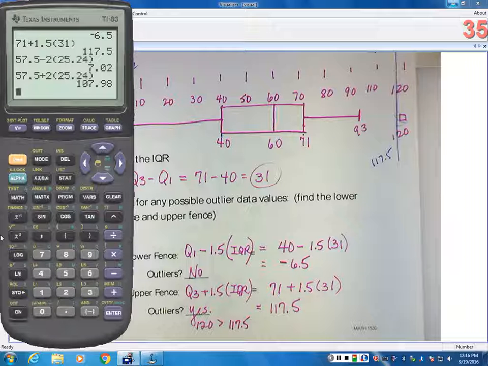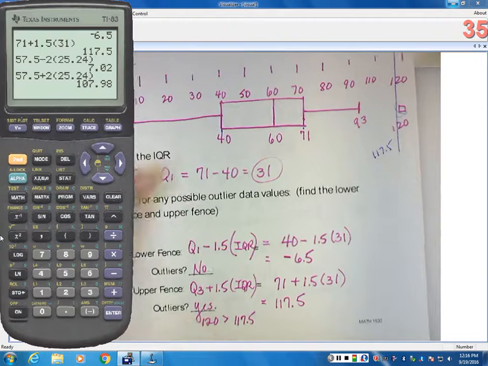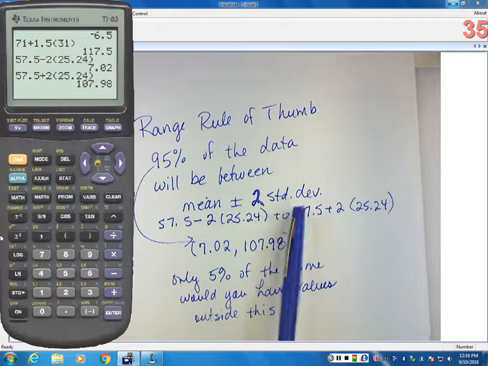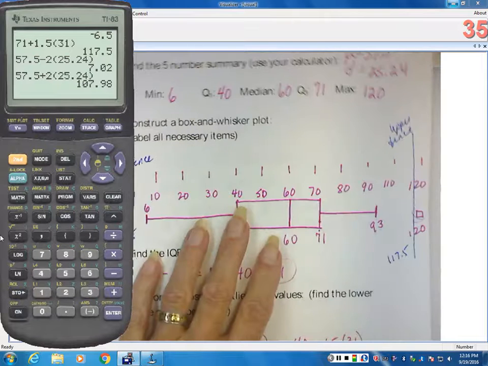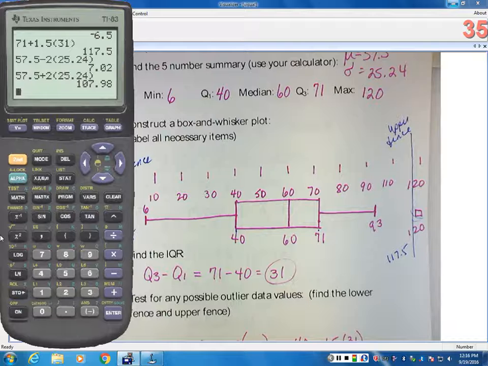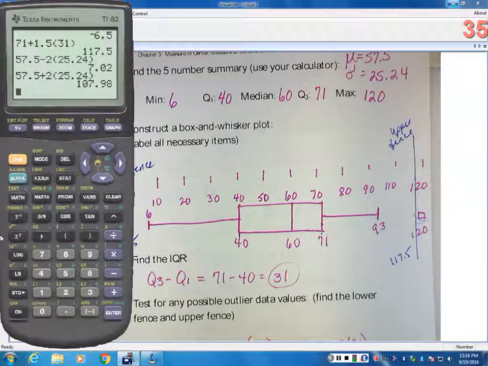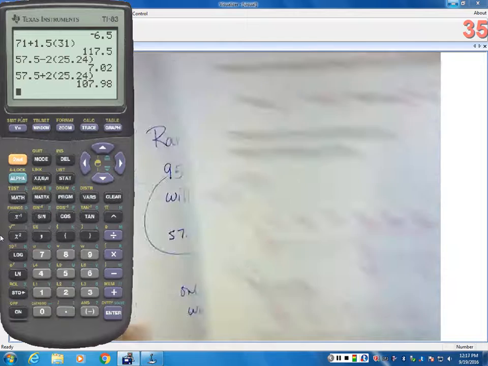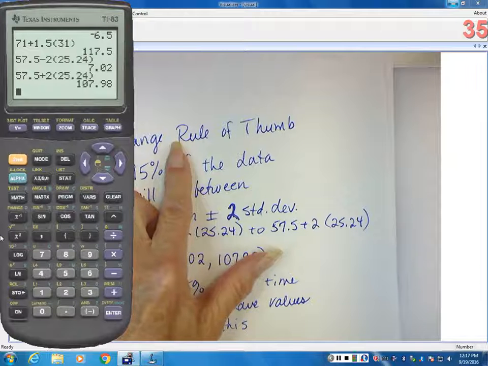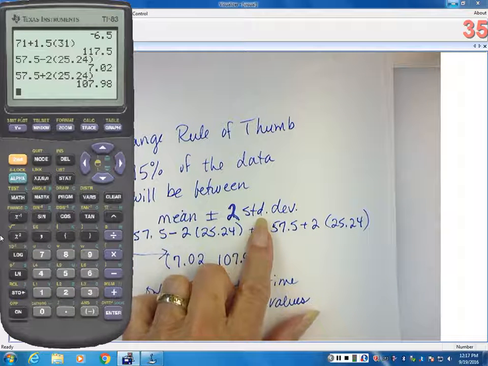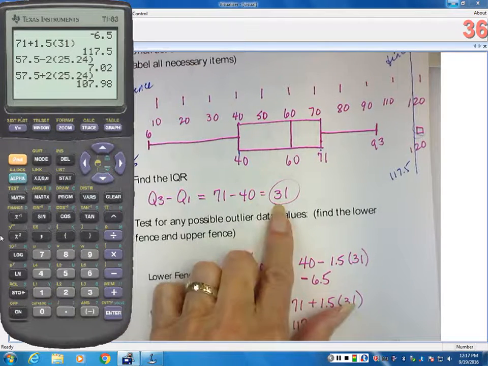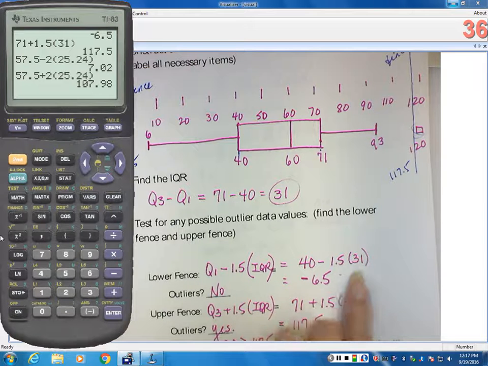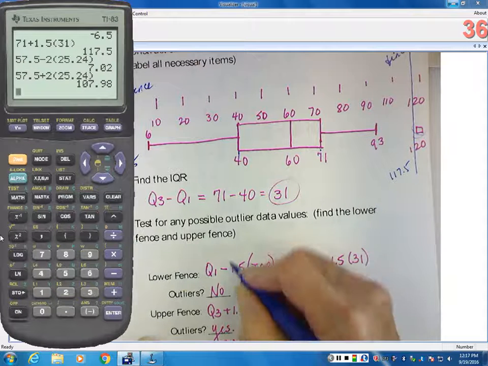And it's an easy thing to do without having to do a lot of calculations, because as we very well remember when we learned how to calculate standard deviation, that's not an easy calculation. That's tough. We don't even want to do that by hand. Whereas doing this by hand really wasn't that big a deal. We were just rank ordering and counting. So remember, there's two ways to find outliers. One of them is the range rule of thumb if you have the mean and standard deviation. The other one is by finding the 5-number summary and getting the interquartile range, and then multiplying that interquartile range by 1.5. The 1.5 is just part of the formula,